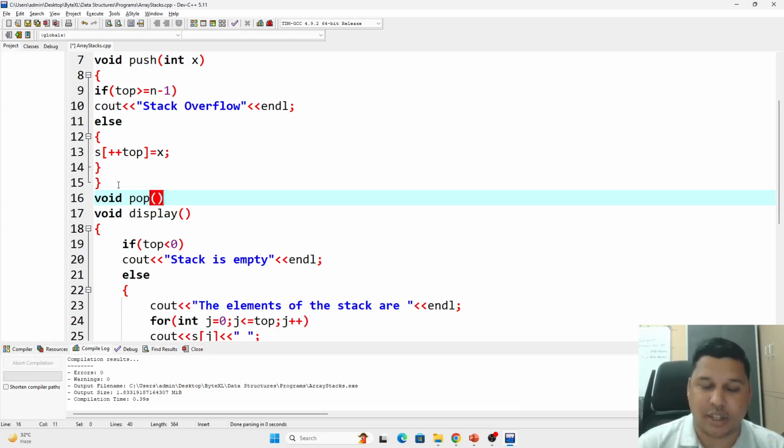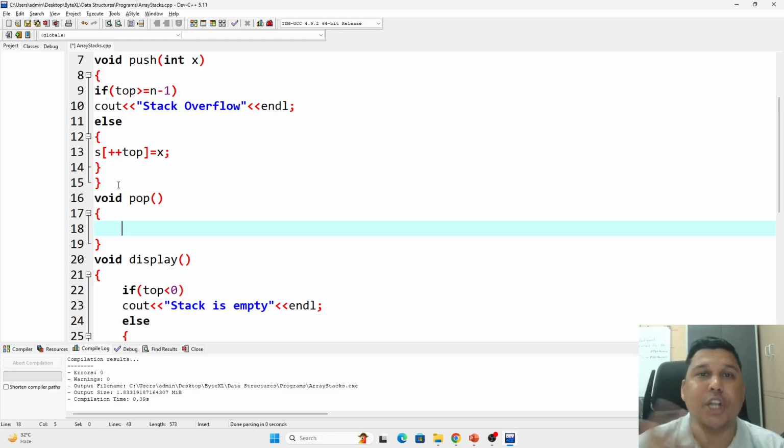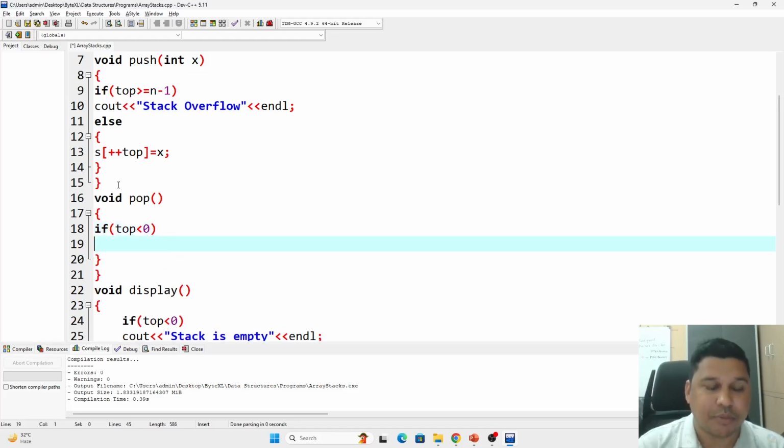Pop will not take anything, because pop's job is to delete the topmost element, that is it, I am not inserting anything. So, before deleting, again you have to check if the stack is empty, because you cannot delete when the stack is empty. How do I know the stack is empty? If the top value is less than 0, then you can say cout stack underflow, right, stack underflow, else